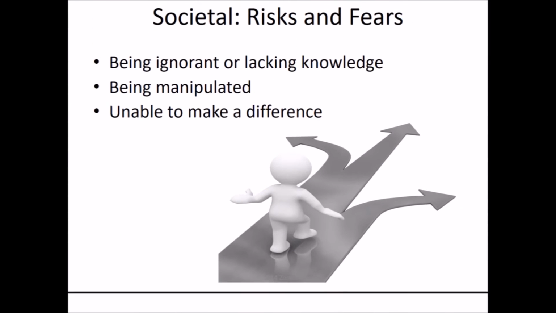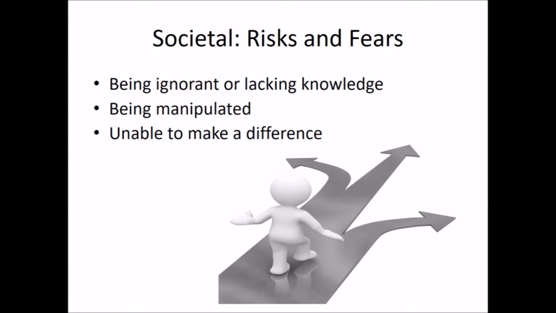Here are their fears. Their number one fear is that they're ignorant or lacking knowledge. I'm a societal. Trust me, this thing drives me nuts. So the feeling of I'm ignorant or lacking knowledge, as it relates to you interacting with that prospective franchisee that's a societal, is the fear that you as a broker know more than I as a prospective franchisee, and because you know more and I'm ignorant about it, that you're going to be able to manipulate me and talk me into a business that ultimately will not allow me to make a difference. Can you see that connection?